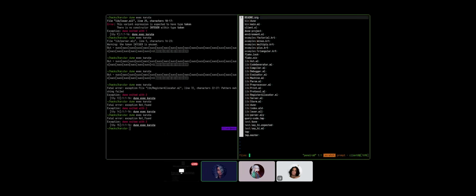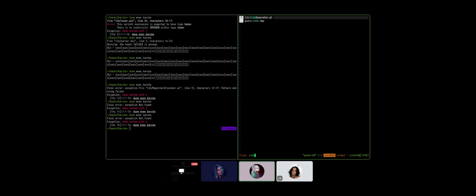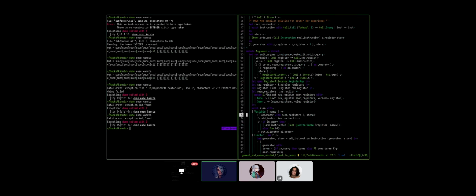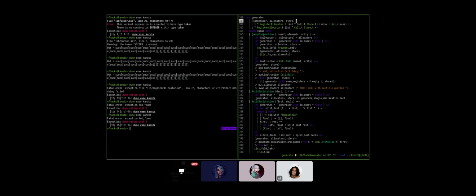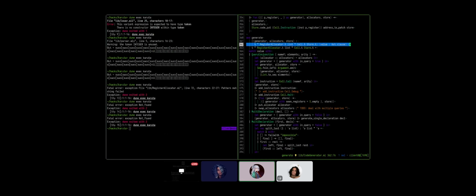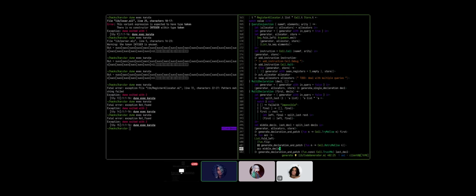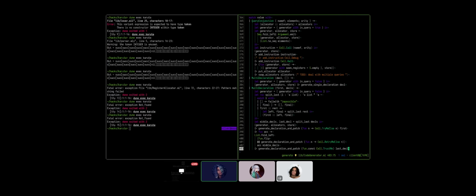Let's see. No, it's code generator, and we need to keep adding prints all day there. Actually, let's try to not be dumb. We can start from the top. Yeah, we can start from here, right? Because this takes an AST. Yeah, this is the beginning. So where are we gonna fail first? We're doing plus. So this is not query, so let's jump query altogether. We start by doing the declaration of plus. And plus has multi-declaration, so it's 385 onwards for sure. And then we do the split last, and then we do generate declaration and patch. That's the first one.